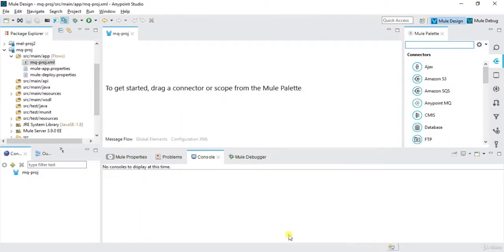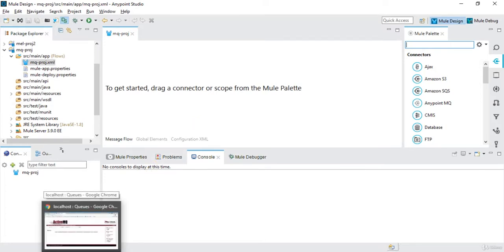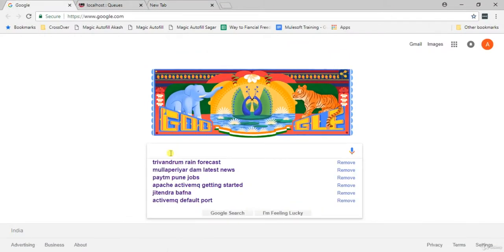This will create my project in Anypoint Studio, and then I need to install MQ on my local. So for that, we need to first install MQ for my local. So just go to google.com and search